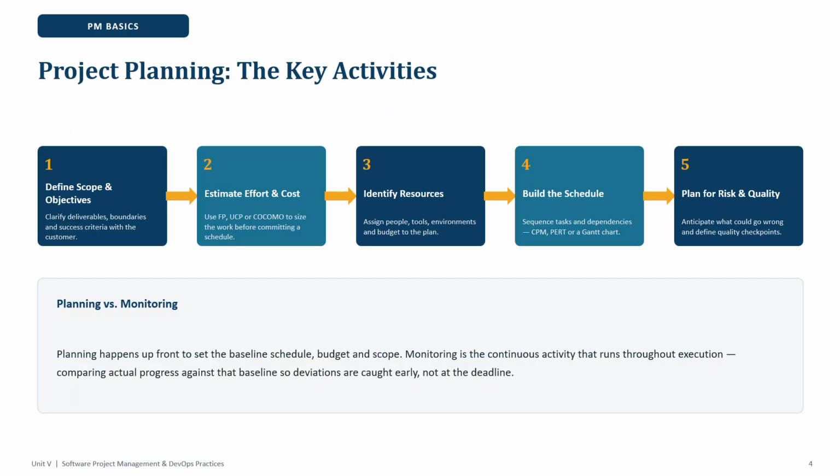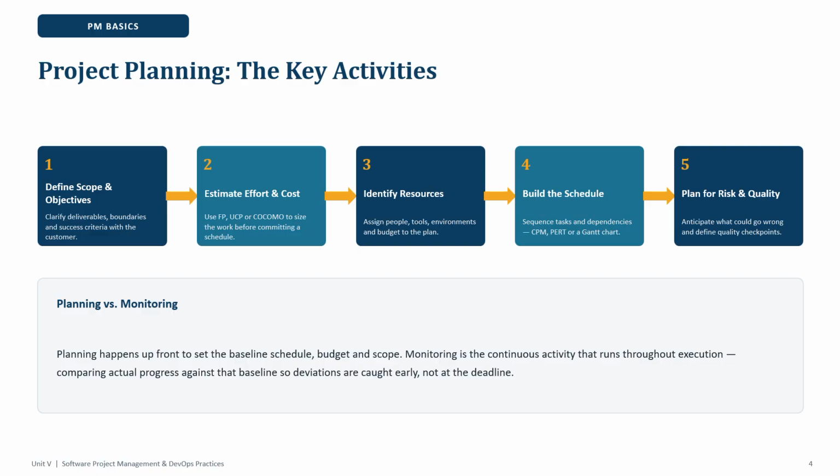Now, project planning. In this, the key activities are: first we define scope and objectives, then estimate effort and cost, then identify resources, then build a schedule, then plan for risk and quality. In this planning versus monitoring, we are going to learn how planning and monitoring are different. Planning happens upfront to set the baseline schedule, budget, and scope. Monitoring is a continuous activity that runs throughout execution, comparing actual progress against that baseline so deviations are caught early,